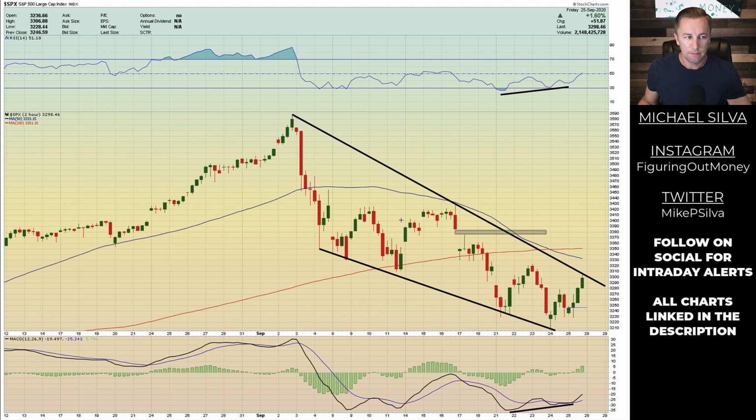So here's the S&P 500 on the 2-hour time frame, and I redrew this. Posted on my community tab the other day. This trend line was actually running into this level right here, and it would come down to here, and it would look like right now that this would actually be a falling wedge breakout. So that would be a bullish sign. I redrew it to connect the centerpiece, this pivot point, to the top portion of this wick, right by the 50 period. So the 50 period acted as resistance, this trend line acted as resistance.